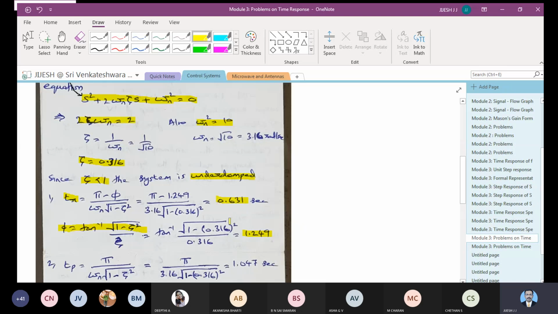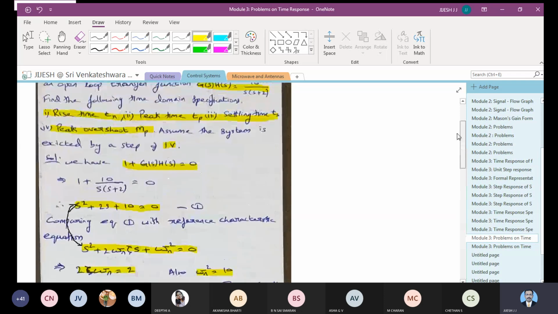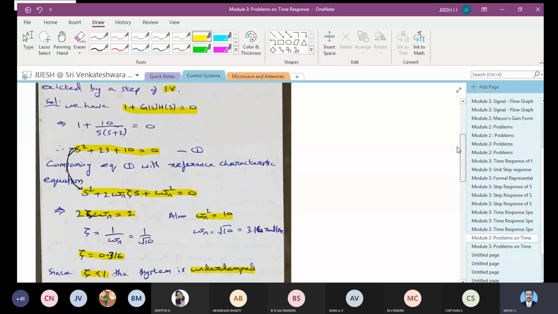So the only thing you need to remember is that when you do the calculations, you should put the brackets properly. So TR you will get as 0.631 seconds. Once you complete this, the second one is TP. So you have completed the first one, that is rise time, and then peak time. So peak time you will get as